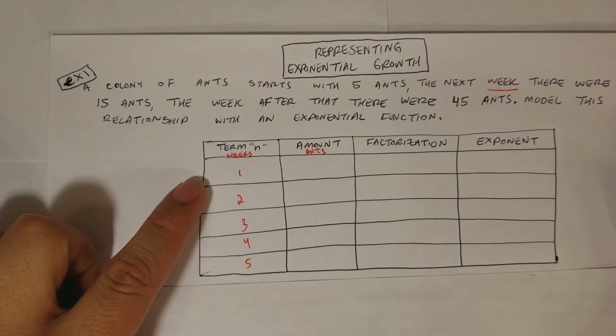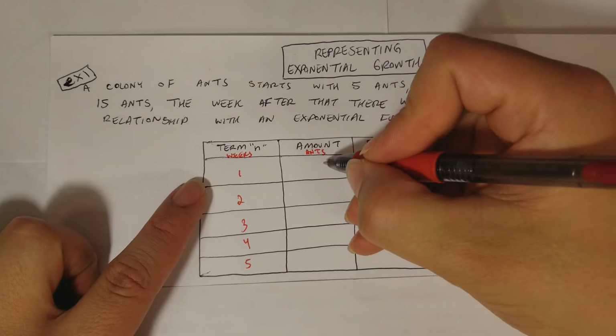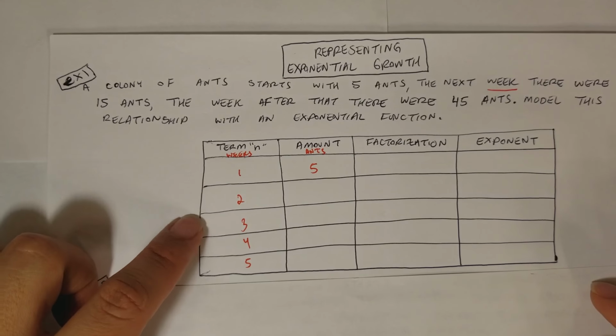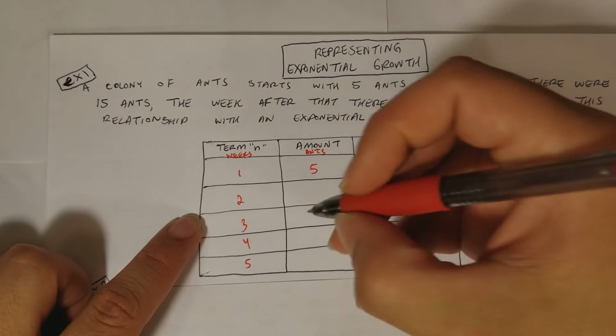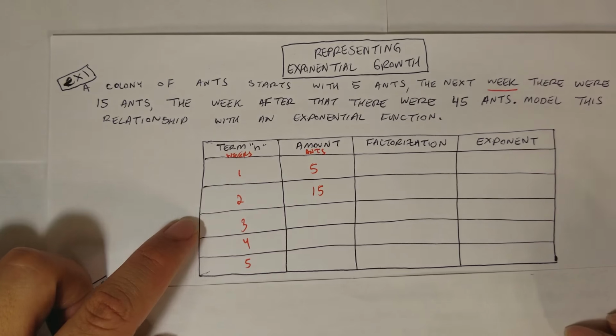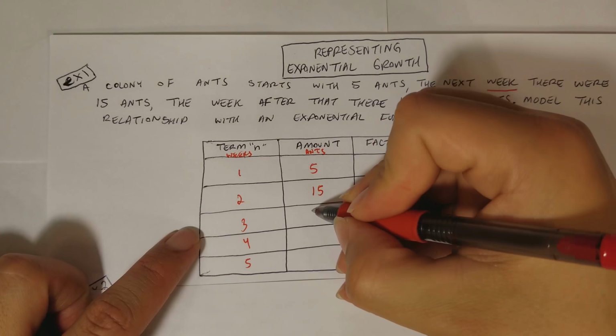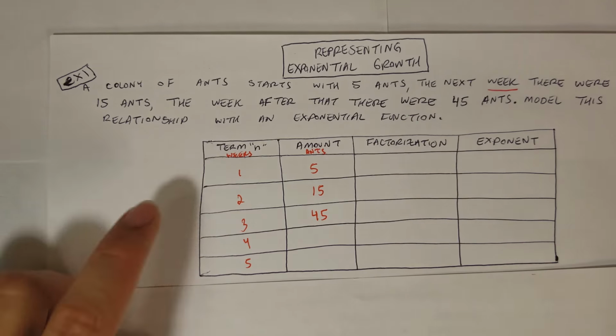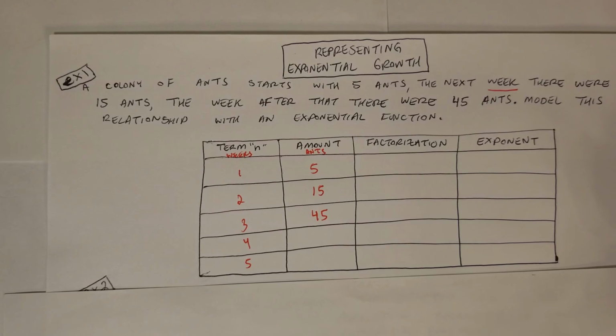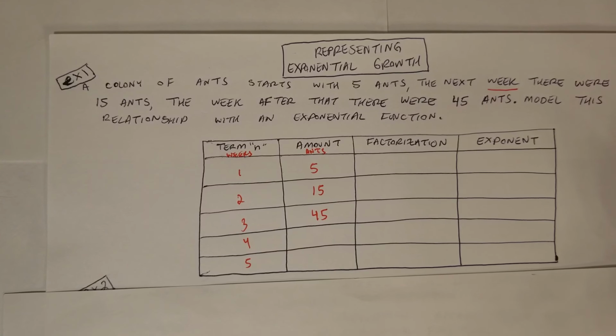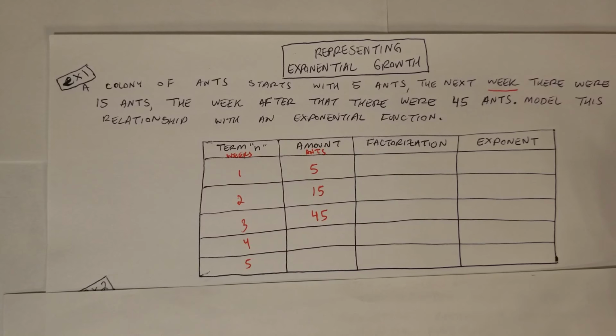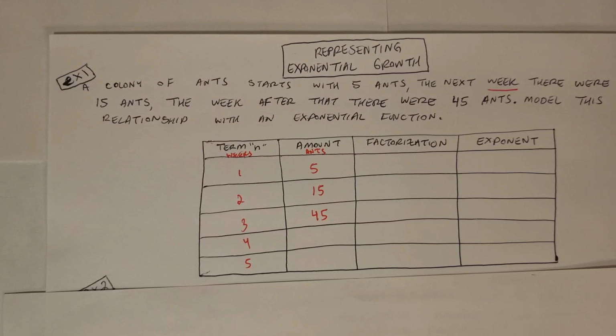Week number 1, we started off with 5 ants, so I'm going to write the number 5. Week number 2, they say that we have 15 ants in total. Week number 3, they tell us that we have 45 ants. Can you guys figure out the pattern of what's going on here? If you have not figured it out, this is multiplying by 3. 5 times 3 is 15. 15 times 3 is 45. 45 times 3